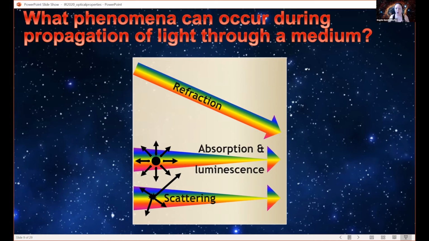So you've got different phenomena that are going on. If you've got a nice smooth slab of glass, you're getting very little absorption and you're not getting much scattering. But if you've got something like a big cloud of dust, you've got all of